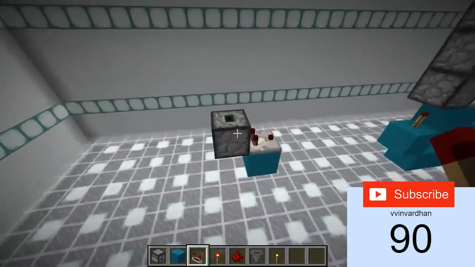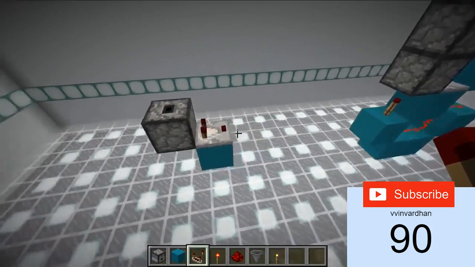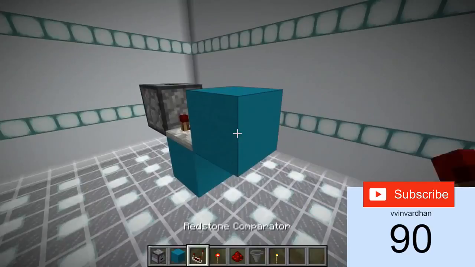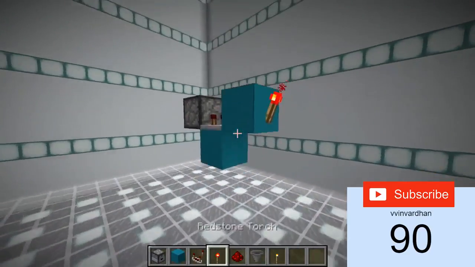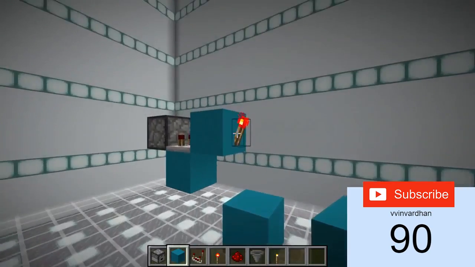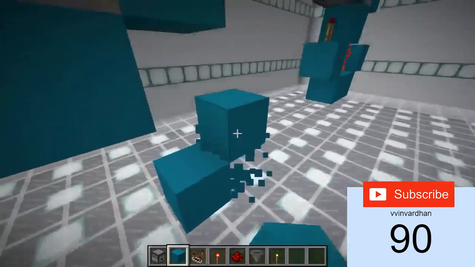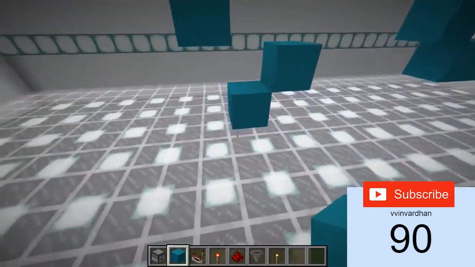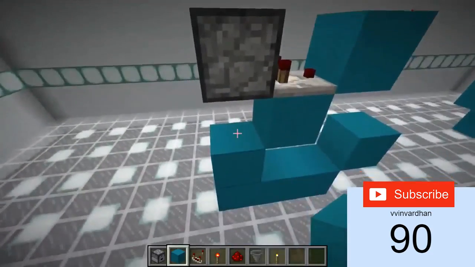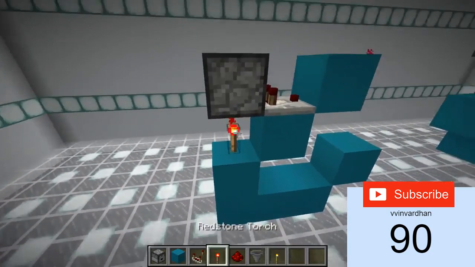So this is how the setup currently looks. You have your dropper facing upwards and a comparator coming out of it. And then you take a block and put it behind the comparator, and then you take a redstone torch and put it behind the block. And then you take some blocks and put them below, just one block below this redstone torch, and then you just put some blocks going one block below the previous block that we placed, and then you just put a block like that, one block below the dropper, and then you put a redstone torch on top of it so that it just clicks,